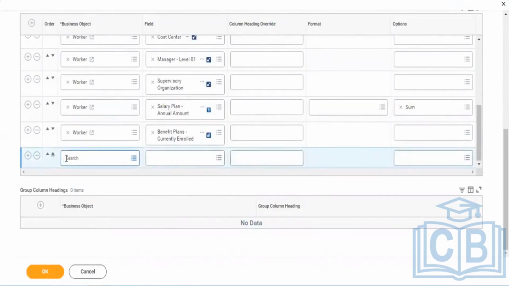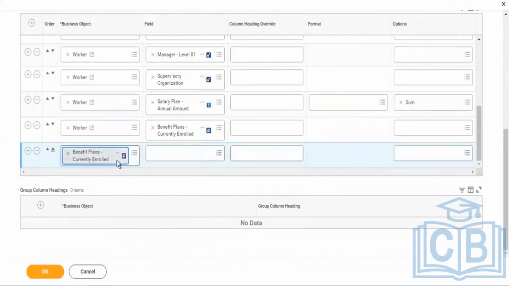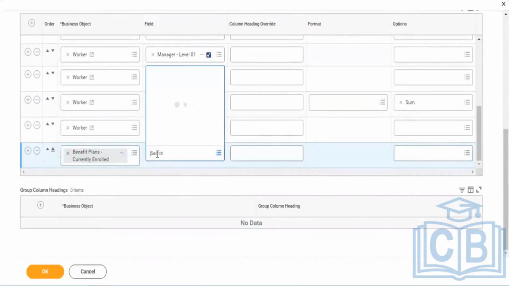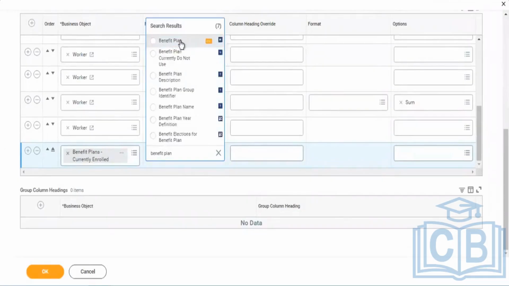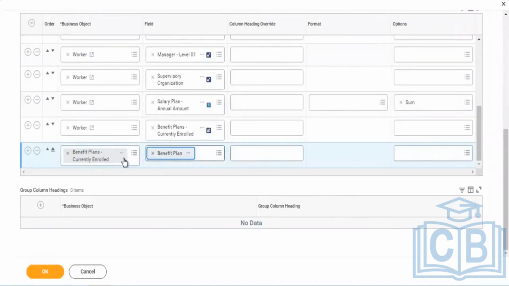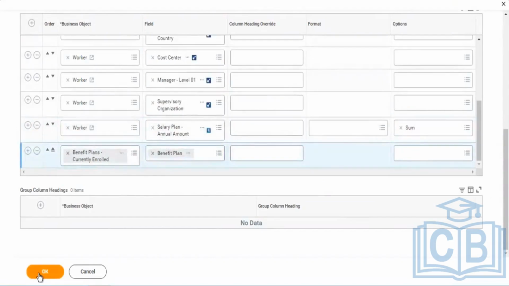This is a business object of report and benefit plan. Now we'll be getting those three benefit plans, whatever we've seen in a single row, in separate rows.